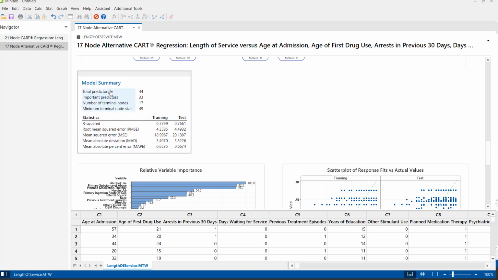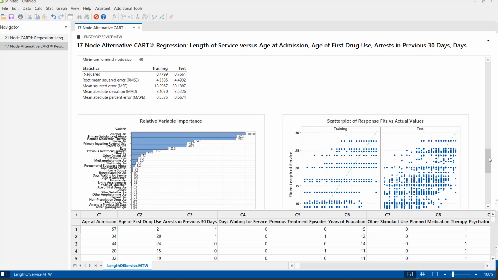We first look at the model summary and evaluate the performance of the smaller tree. Here you can see that the R square statistic is nearly similar to the 21 node tree. So we decide to use the tree with 17 nodes to explore the relationship between our response variable and the predictor values.